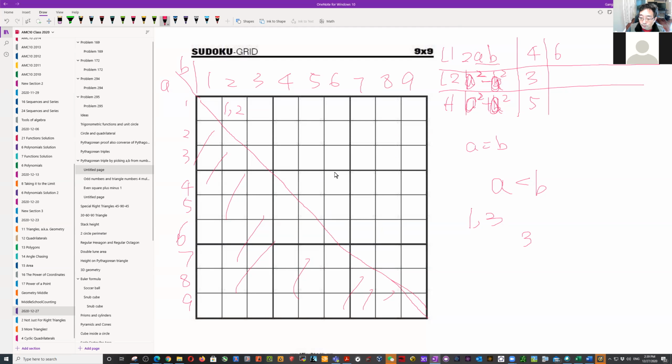Then 3 square minus 1 square is 8, and 3 square plus 1 square equals 10. So 6, 8, 10 actually works, but those are not co-prime,